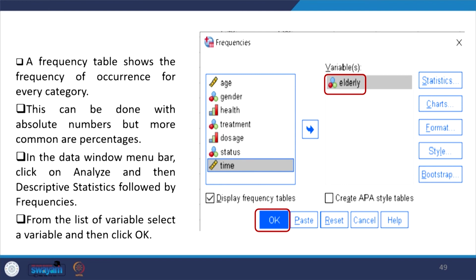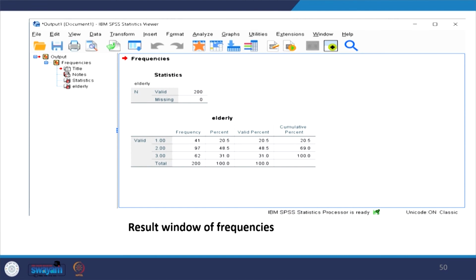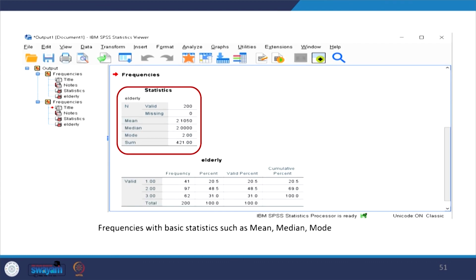If you click on frequencies, you select the elderly variable and get its frequency. Okay. You double click on the elderly variable and then click it here. You can take options here, statistics, what sort of statistics I want. In my result, whether I want a chart also, which style and which format I want, and once you click OK, it will give you a table like this. It gives you frequency, percentage, valid percentage, and cumulative percentage as well. Similarly, if you take some statistics options, it will give you mean, median, mode, etc.